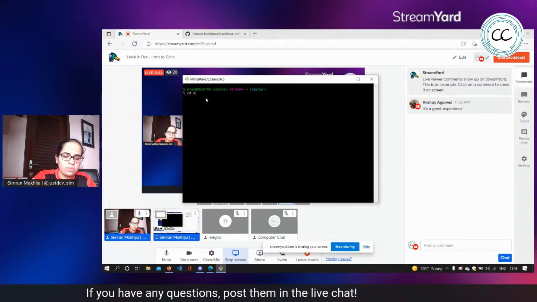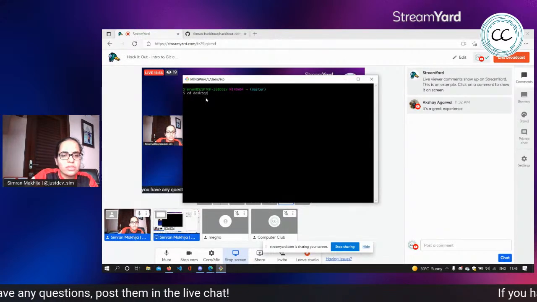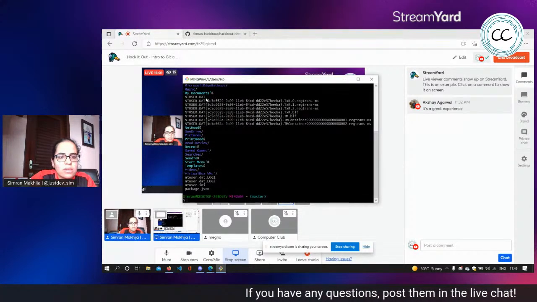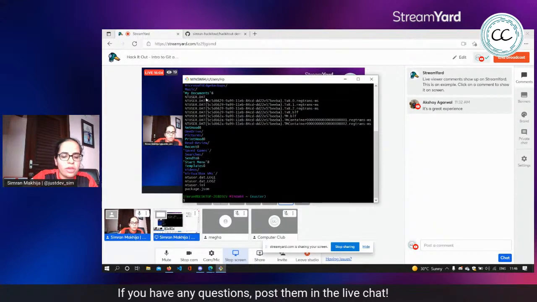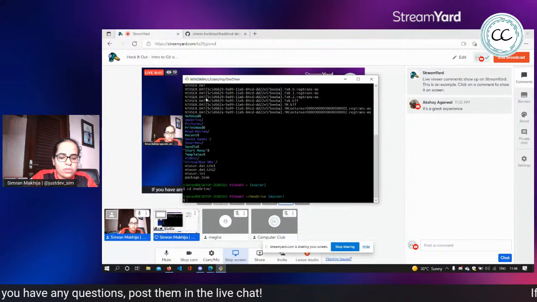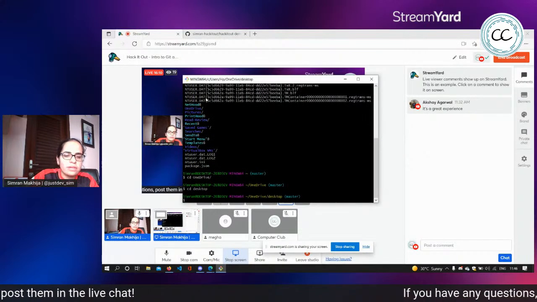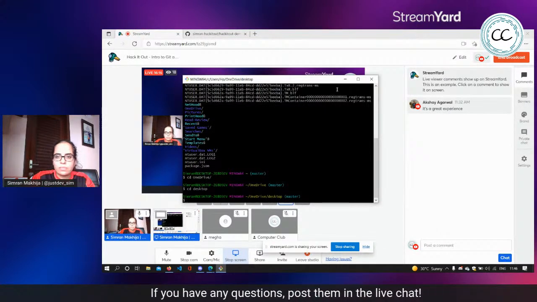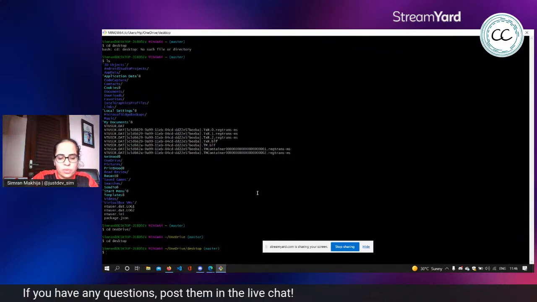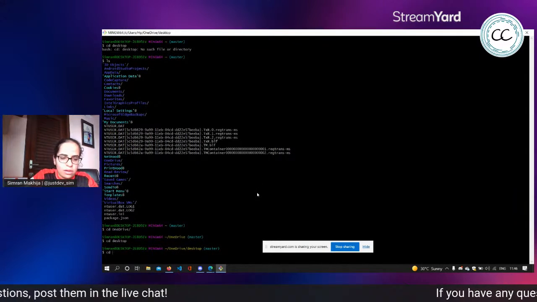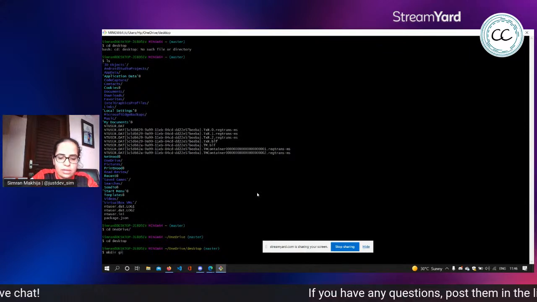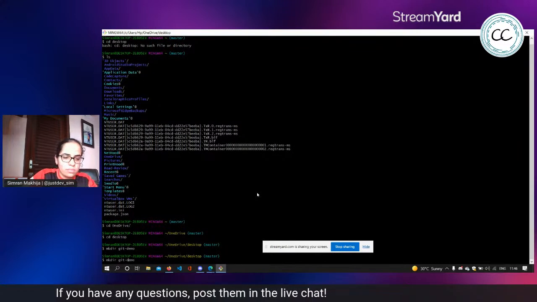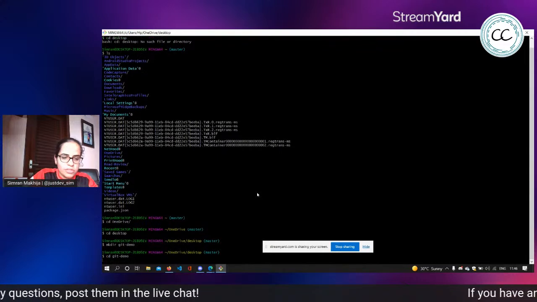I'm going to change my location to desktop. Oops, let's ls, and we're somewhere. Okay, my desktop is in OneDrive. So I'm just going to go onto my desktop, and here we will go into full screen and create a new directory, which is git demo, and within this directory we will clone our repository.